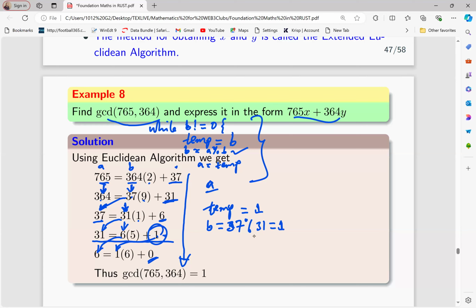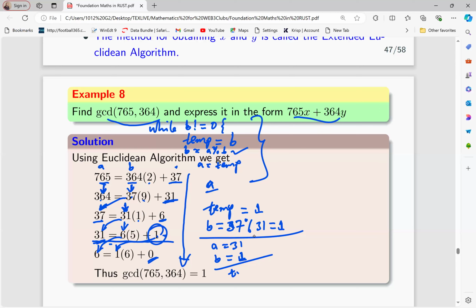Just a minute. I've gone too far. I wanted to explain here how we get the GCD. So from this point, I can see our A is 31. At this point, I can see that our B is 1. So when you go to the next step,